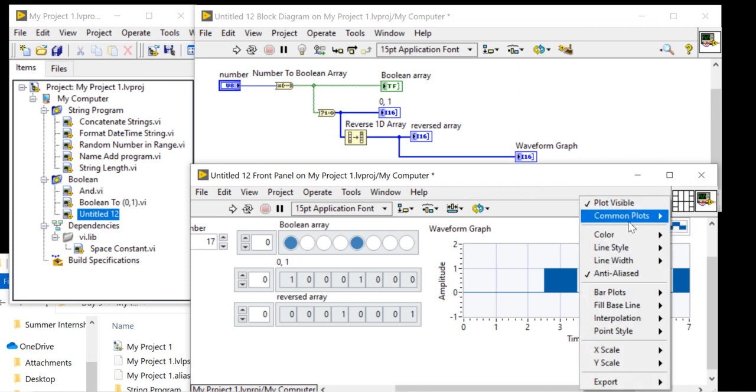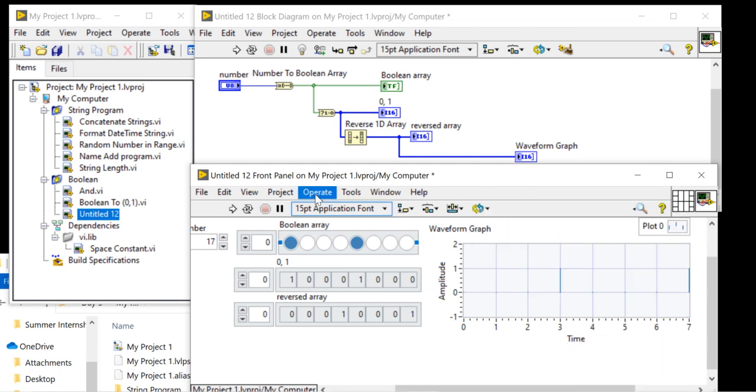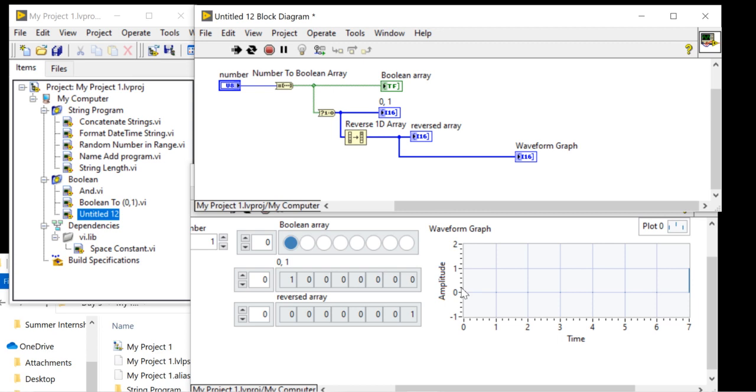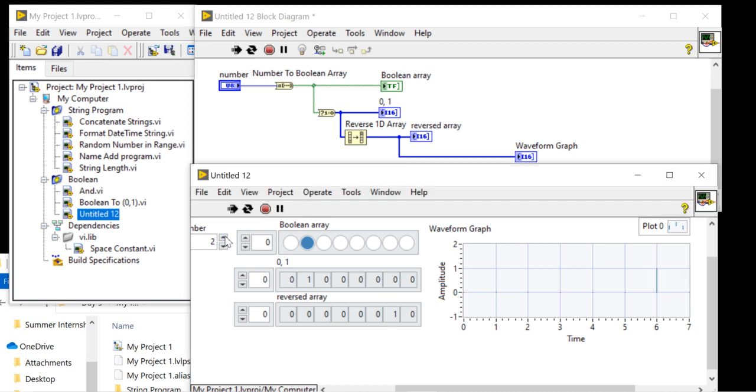Here I can click and change it. So let's start from 1. 1 here, 2 here, 3, 4, 5, 6, 7, 8.